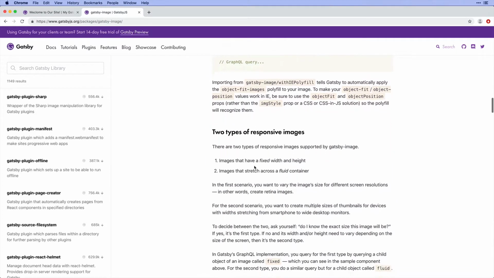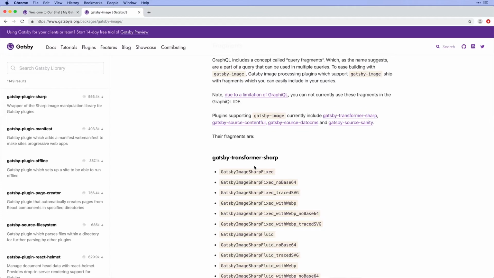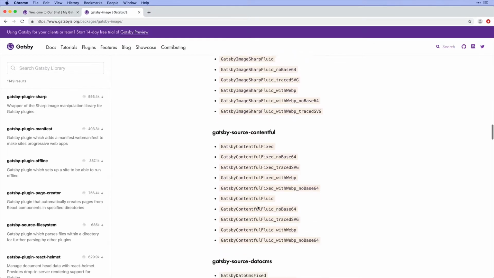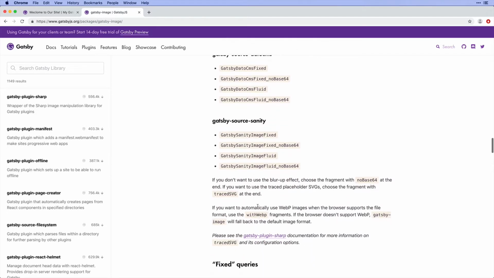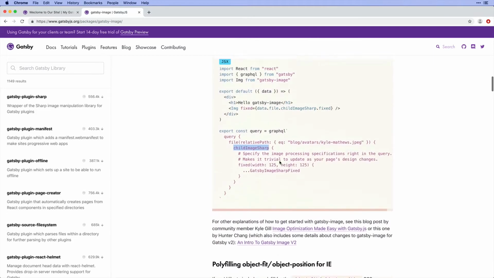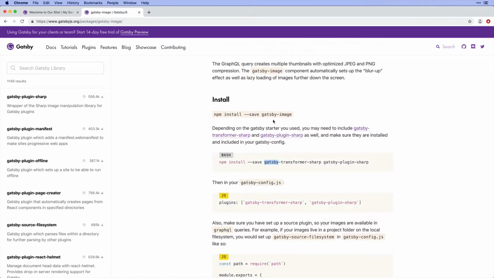The other thing that's going to be important are fragments. So there's a bunch of different data that we could get with images depending on how we want to use them. And fragments, remember, are little bits of GraphQL that can be reused. And Gatsby has some by default for us. So this is going to be really helpful for us. And we will come back and use these in a little bit once it all makes a little bit more sense. However, to start off, let's come back into our project, and we're going to run npm install